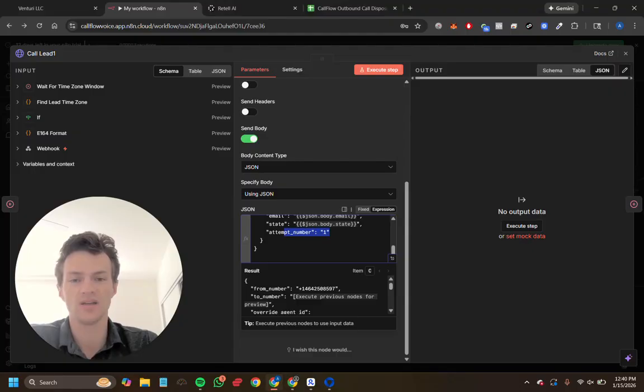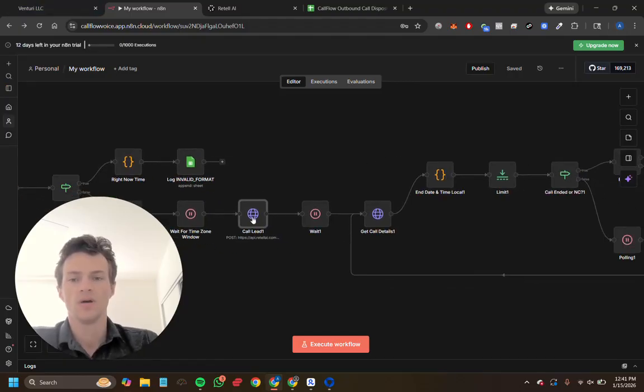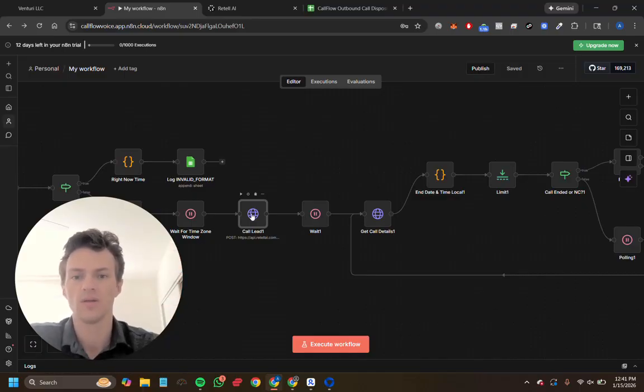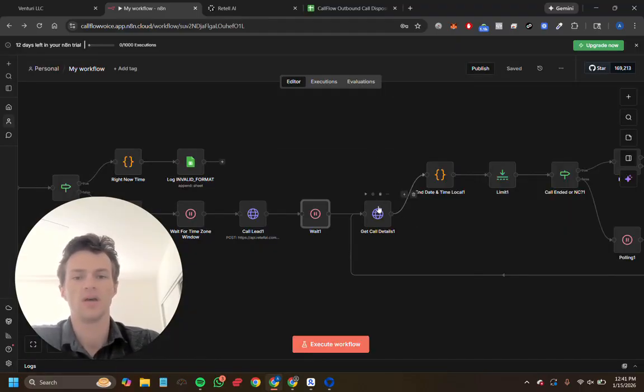That's just going to be static, because this is always going to be the first time we're attempting for any lead. But all of these others are going to be dynamic because it's going to be based on the webhook coming in. Okay, so now we've sent, basically if this executes, we've sent that data to Retail. Retail is in the process of calling them. And then what we're going to do is we're going to wait 60 seconds, and then we're going to attempt